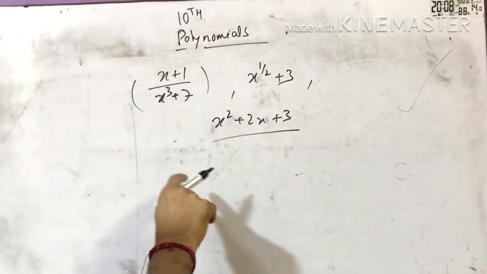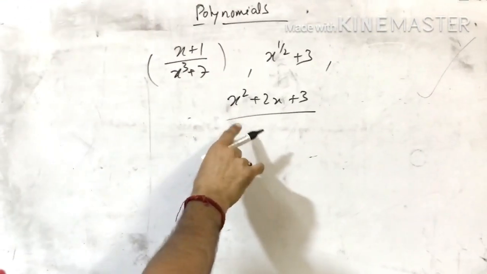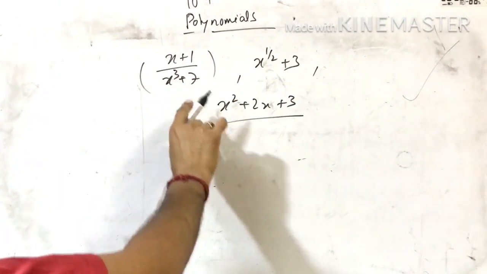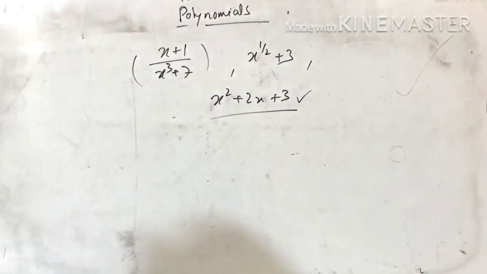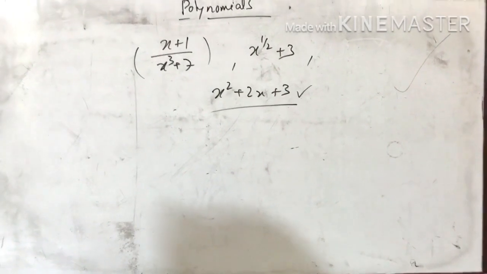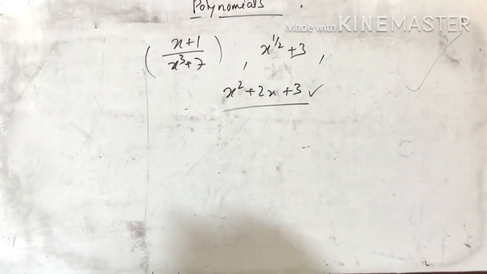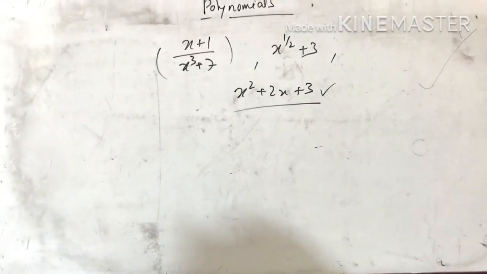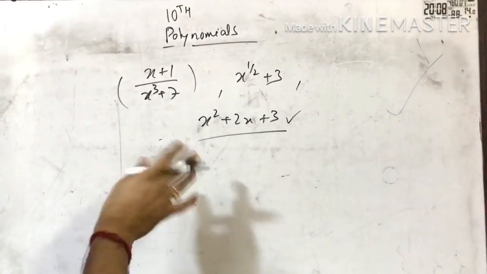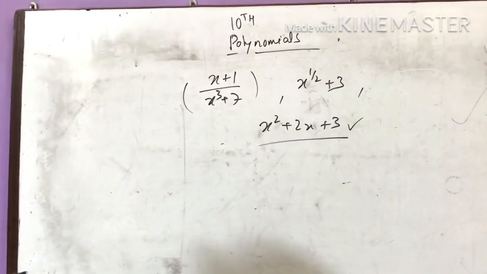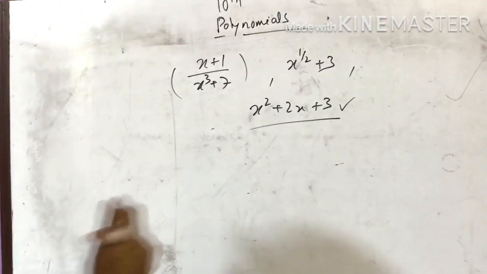But a polynomial has got a few conditions. Out of all of these, only one is a polynomial, this one. The others are algebraic expressions but not polynomials. So what are the conditions that decide whether it is an algebraic expression or a polynomial? So all polynomials are algebraic expressions, but all algebraic expressions are not polynomials. So as far as the conditions are concerned,